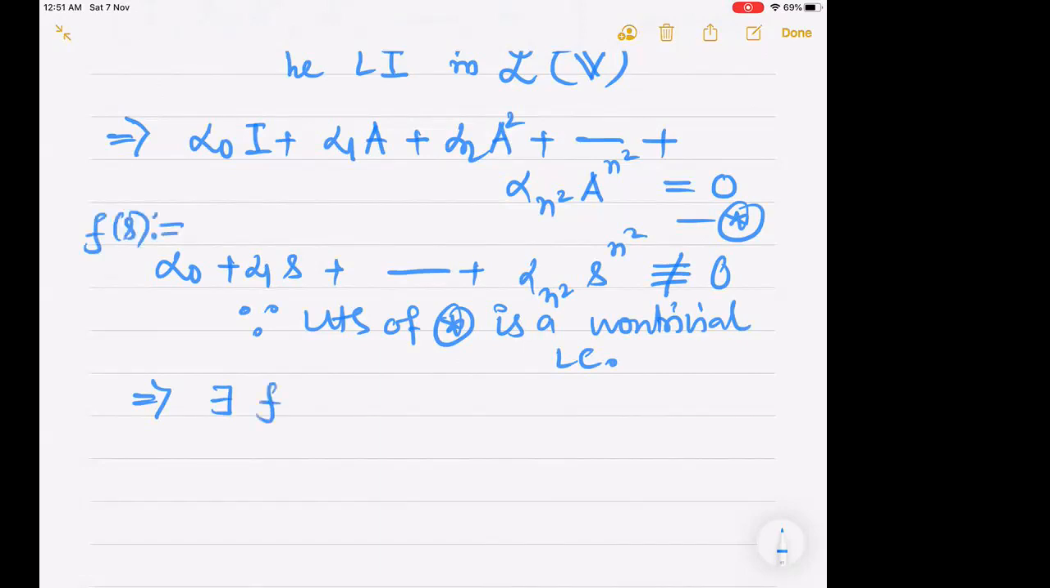There exists this f(s), which is in the annihilating ideal of A. Right? So that's the proof of the fact that this annihilating ideal is a non-trivial ideal. Okay, now